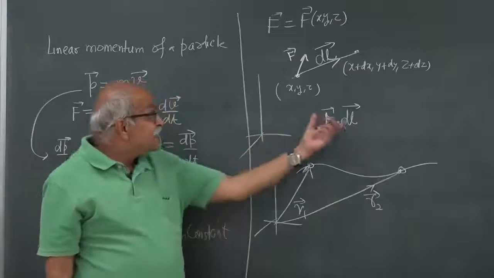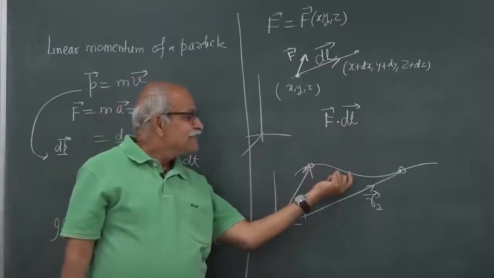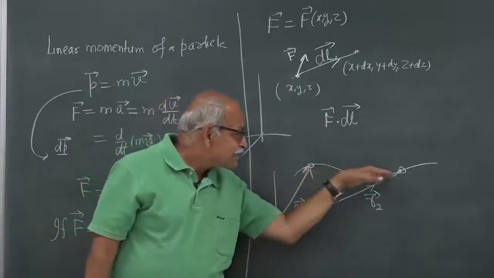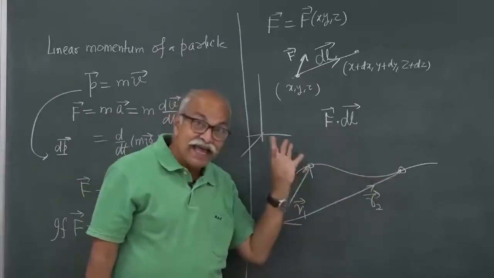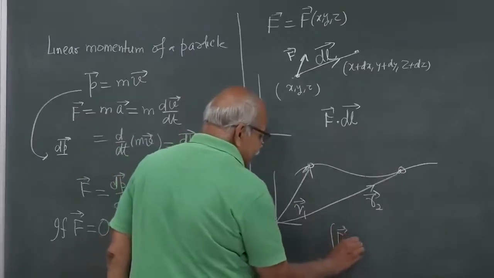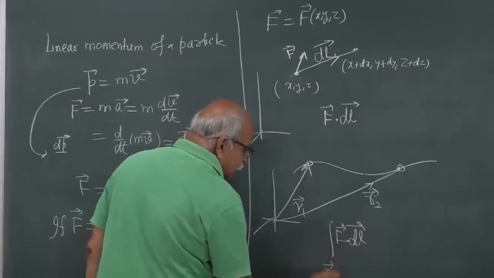I can add all these quantities: F dl here, F dl here, F dl here. I take infinitesimal lengths, construct this, and add all that, and that will be the integral of F dot dl from r1 to r2